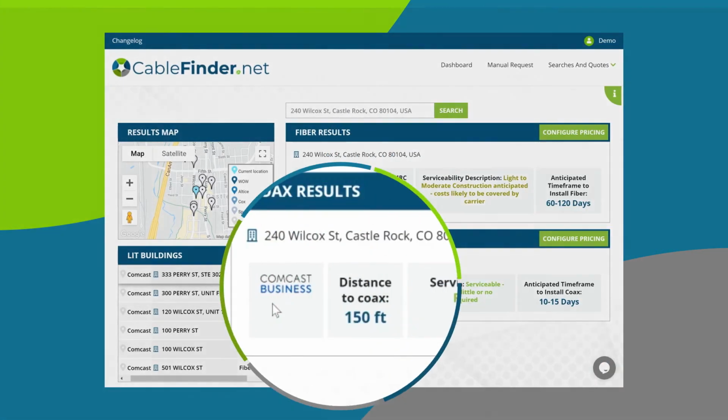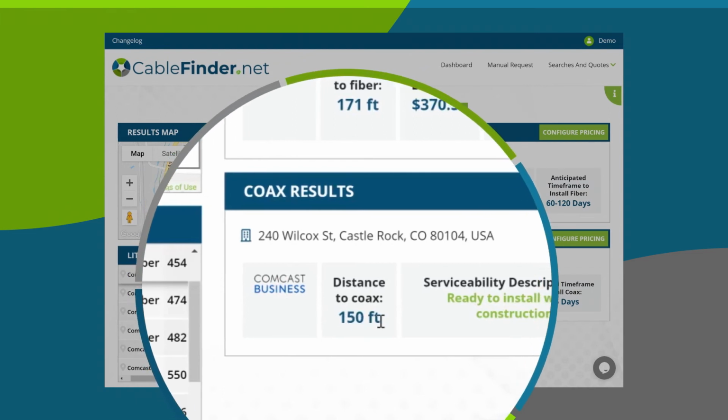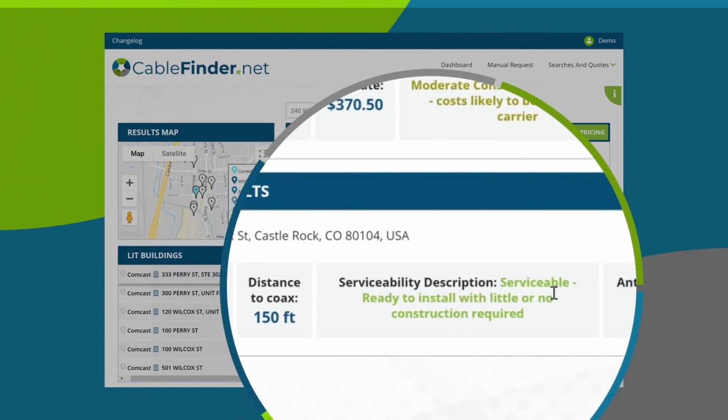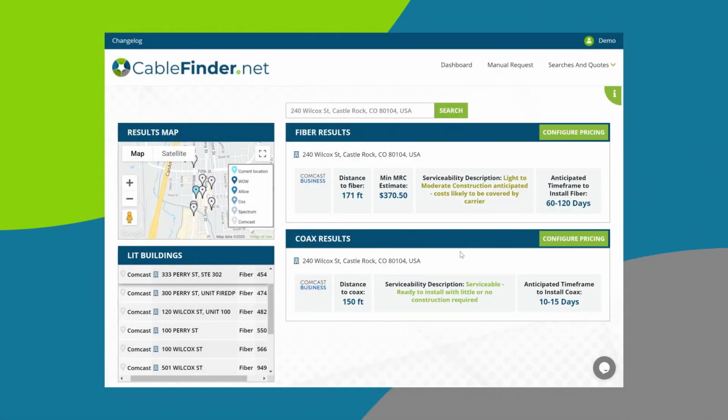If we move down to the lower section, coax results, we have the same input address, the same cable company that provides services to the location, a distance descriptor to coax, a serviceability descriptor of serviceable, ready to install with little to no construction, and anticipated time frame. These are all the elements of the serviceability page. They are very similar for both Spectrum,